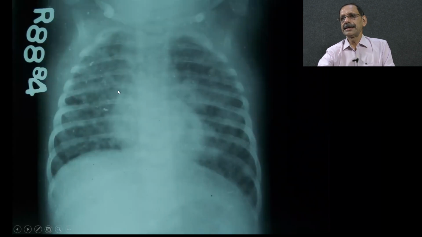This is an X-ray where there are fluffy opacities, so many here, everywhere. In fact, bilateral, here also you see. So this is the so-called bronchopneumonia. And why is it called bronchopneumonia? Following a viral infection, there is a denudation of the mucosa of the airways. So the organism from the upper airway tracks down the bronchus and then down to the bronchioles and to the alveoli. So small areas of consolidation which later coalesce.